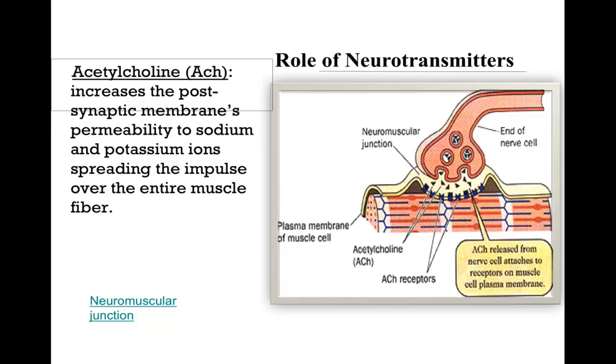The presence of ACH acts on receptors in the cell membrane that can change the permeability of the membrane. ACH is released from the nerve cell and then attaches to receptors on the muscle cell membrane. And because of this, you can then change